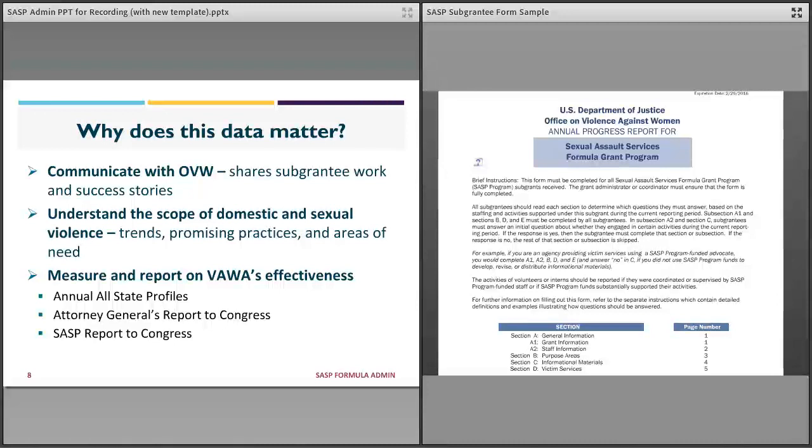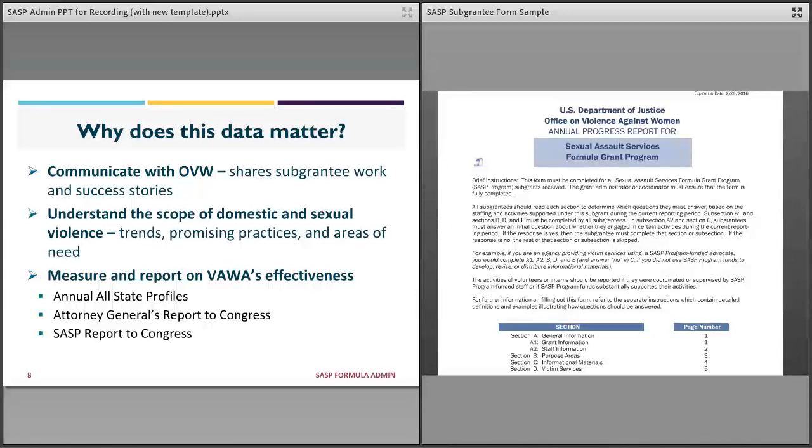Once you submit your administrator report and the subgrantee report, it is our role at VAWA Measuring Effectiveness Initiative to review the data and the narrative in order to generate reports that are presented to Congress on the effectiveness of OVW programs. Again, this is a way to communicate with Congress and decision makers. It is important that the data tells an accurate story, and that is why we spend so much time on making sure the data are correct across programs, and specifically so everyone is reporting the numbers in the same way.